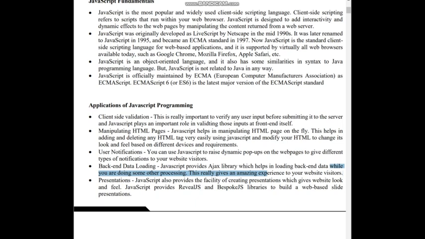For example, kapag si user nag-click ng button sa isang page, yung entire page kailangan pang i-refetch or kunin from the server and then i-render again. Now, this tends to make the application feel slow and relatively unresponsive. Kaya before, and I'm not really sure kung